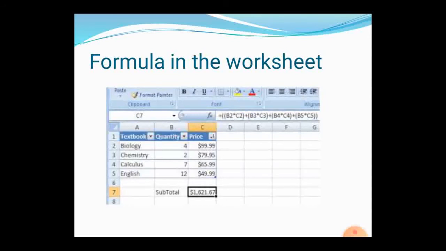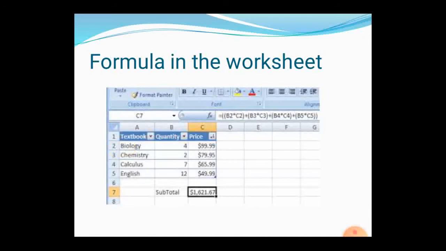Next thing is formulas in the worksheet. As I said, this bar is a new one, not available in the document. Here the formula bar helps you use formulas for the selected cells. For example, see here, as we have seen in the Calc window, the name of the cell is given by the column name followed by the row number.